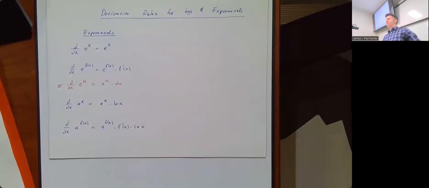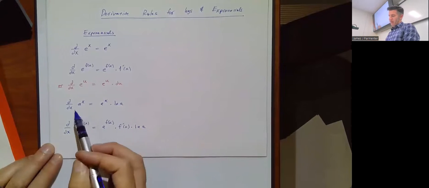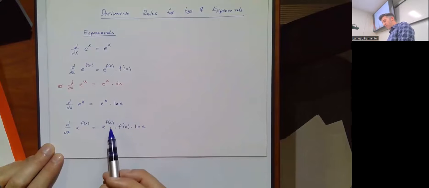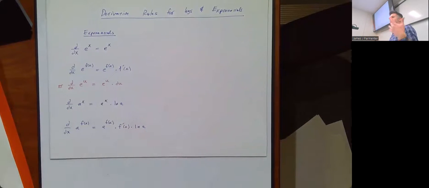But you're never going to forget that the derivative of e to the x is e to the x, right? That's just kind of in there already. So this is what I think about: if it's just a to the x, I get a to the x times natural log of a. And if it's just e to the x, I get e to the x. If it's just e to the stuff, I get e to the stuff times the derivative of the stuff. So they all are kind of enmeshed into this one larger rule.